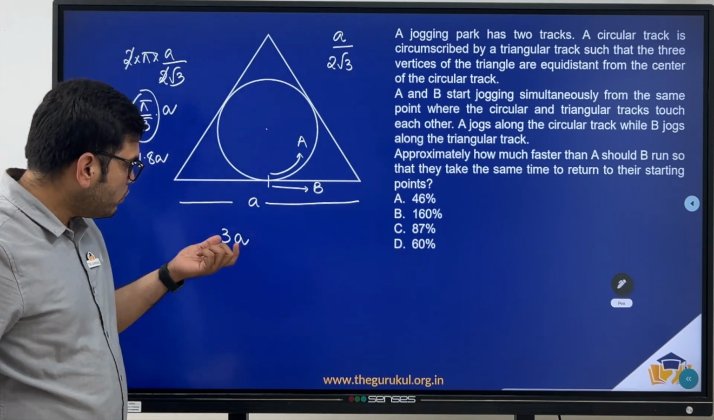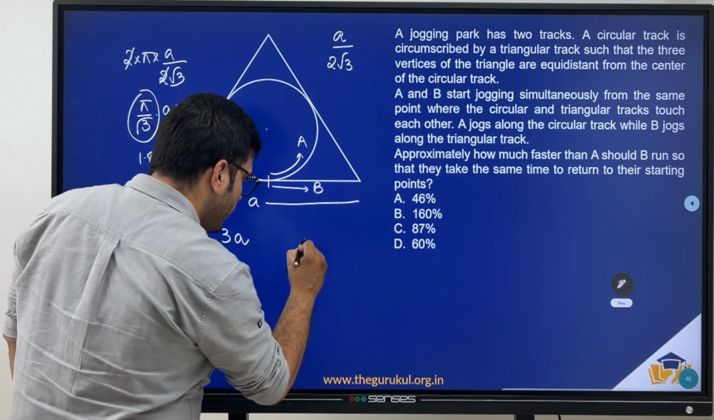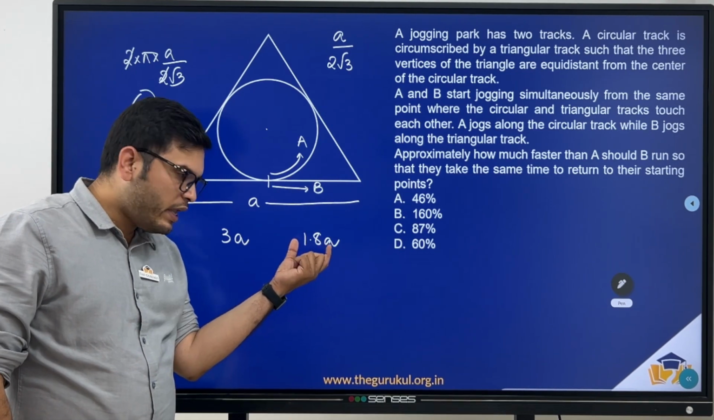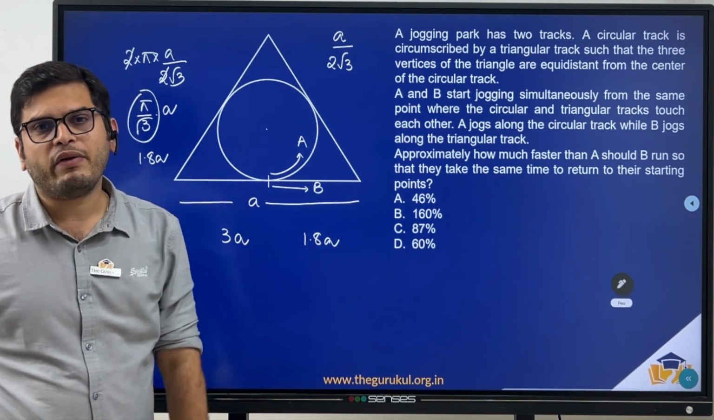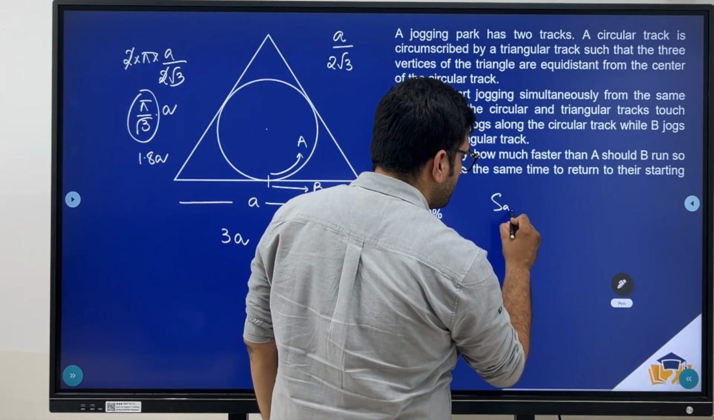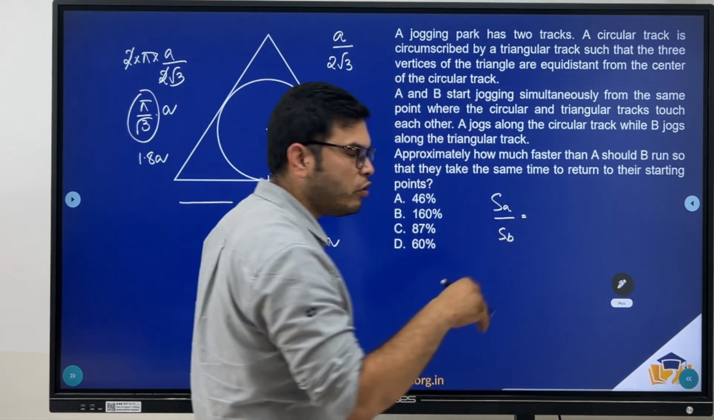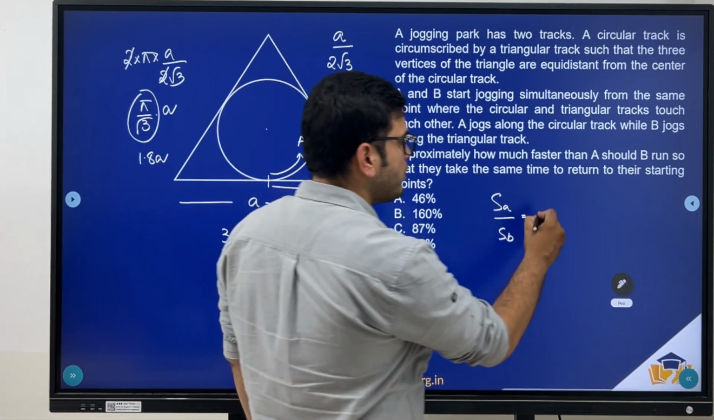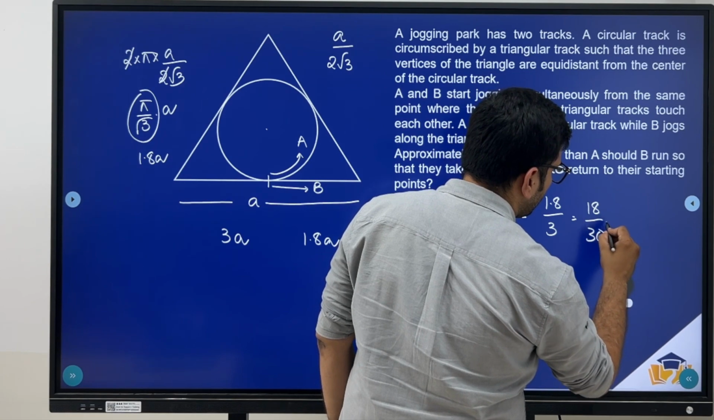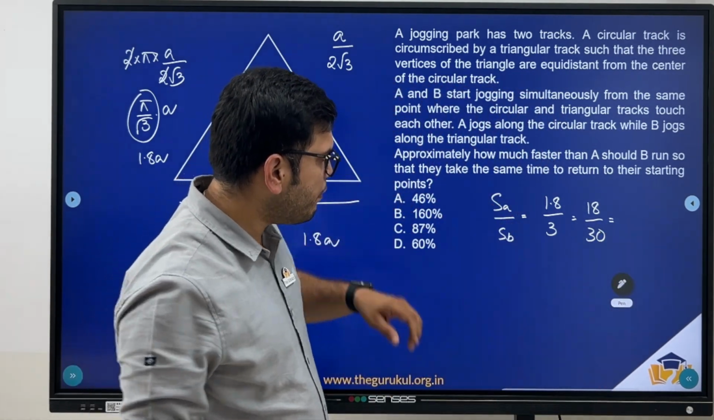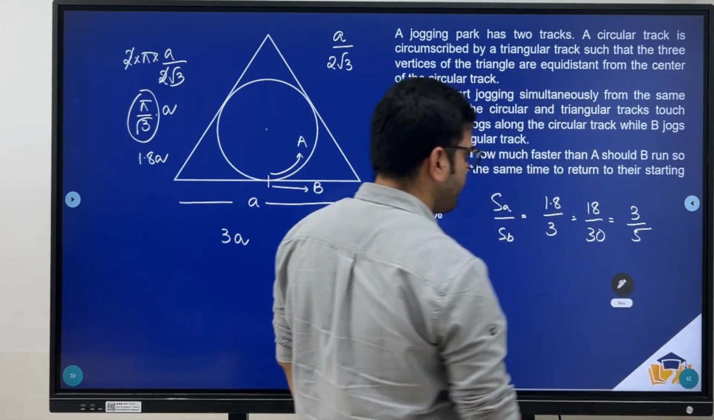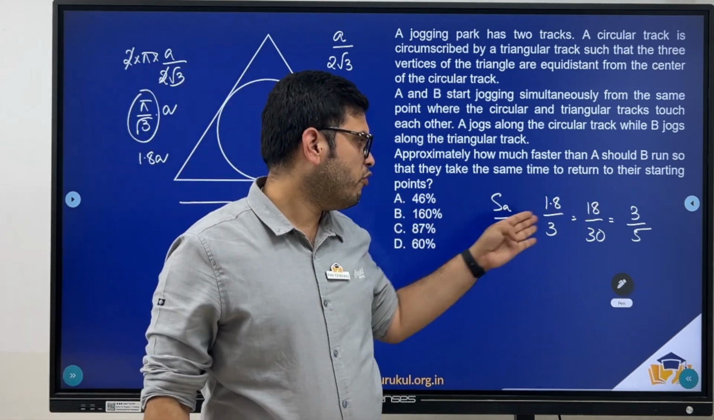1.8A. So in the time that B covers 3A, A will be covering only 1.8A, or in the time in which A covers 1.8A, B should be covering a distance of 3A. Now when time is constant, the ratio of the speeds should be in the ratio of the distances covered, right? So this is nothing but 1.8 by 3, or 18 by 30, or I can further simplify this as 3 by 5, right? So if the speed of A is 3 units, speed of B has to be 5